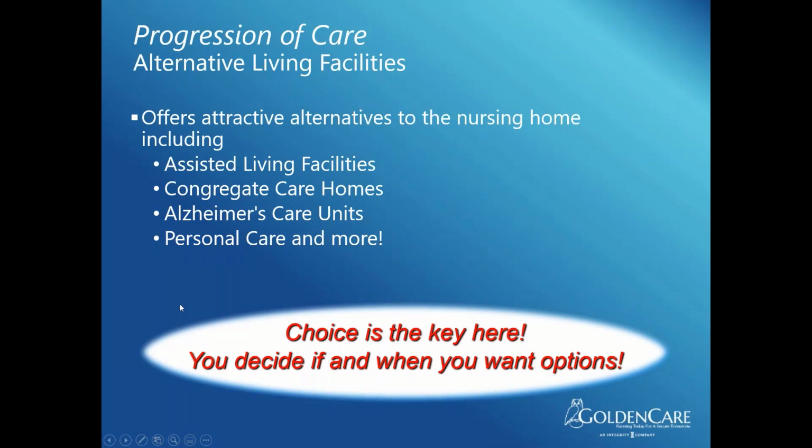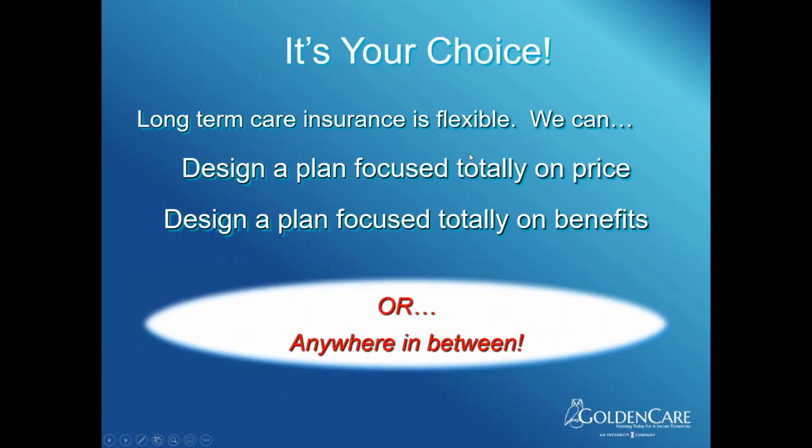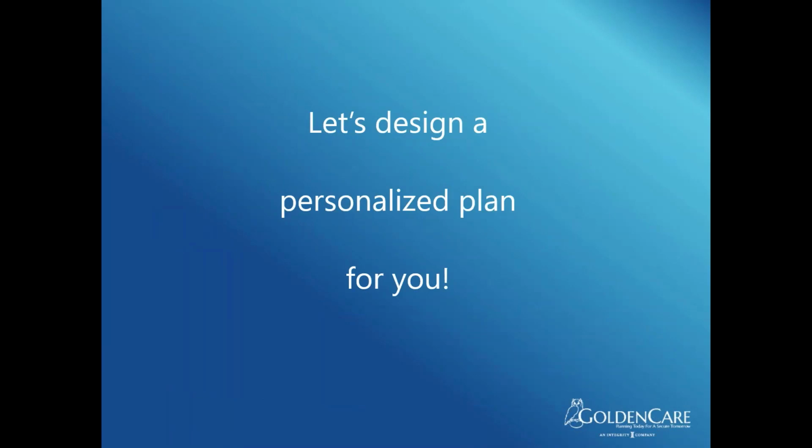So this category could be another 4 bullet points. It's all going to be covered by today's policies because they're adaptable to the new care that's coming. Okay, so that's kind of a big point there. So the next levels before nursing home was any of these options: private living, assisted living, private apartment, etc. Also, okay, and then of course finally the nursing home, right? Covers all levels of care, Alzheimer's. A long-term care plan is going to cover all 4 levels of care, right? And so we can help design that.